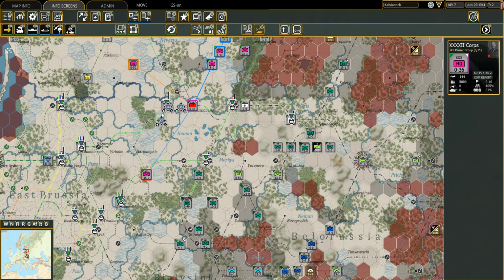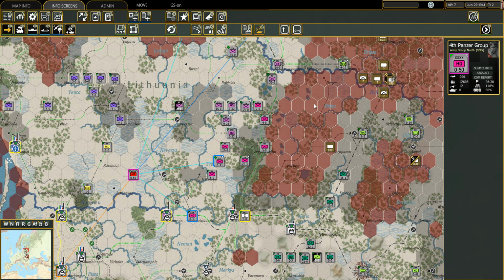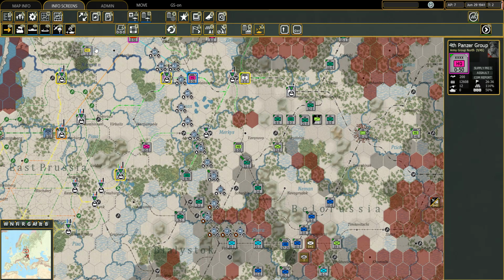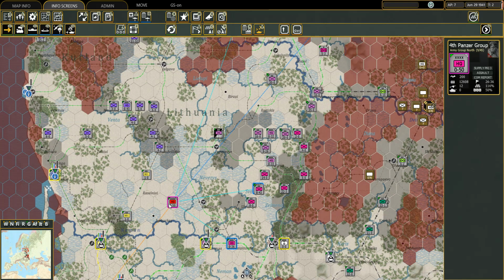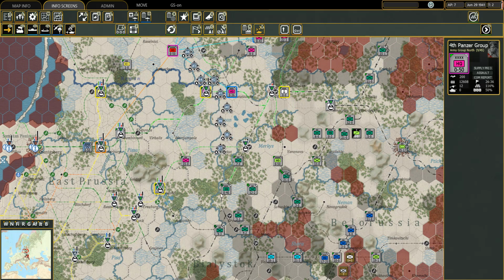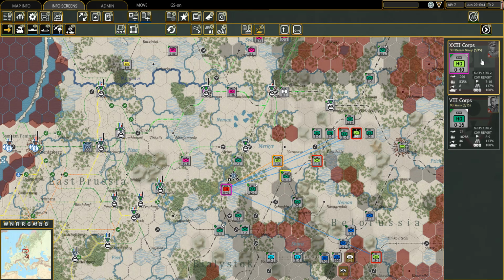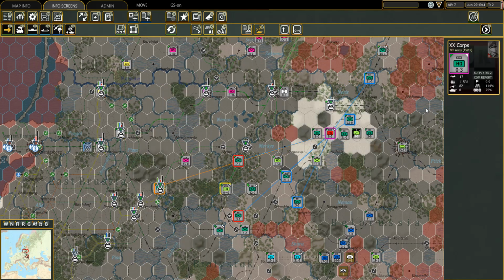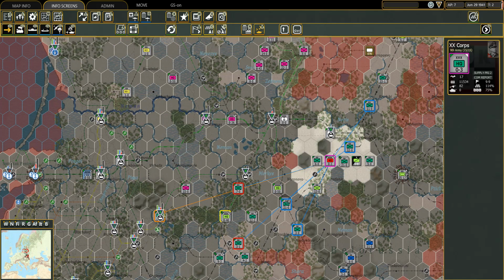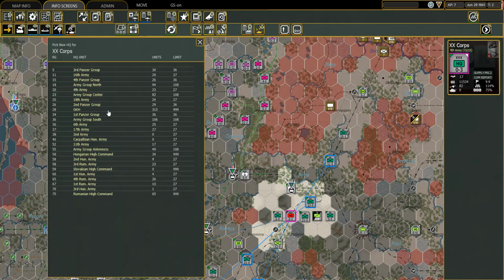And what I want is to get into a situation where I can actually put another corps under 4th Panzer Group. Currently we have these that can take 12 more. So I want to get as many units under assault units as possible. So, for example, putting 20th Corps under it, under 4th Panzer Group,